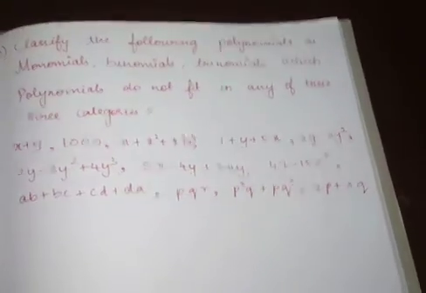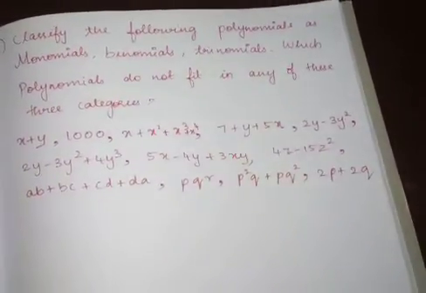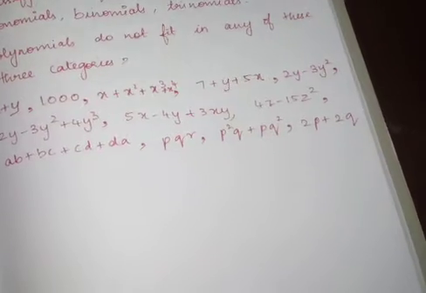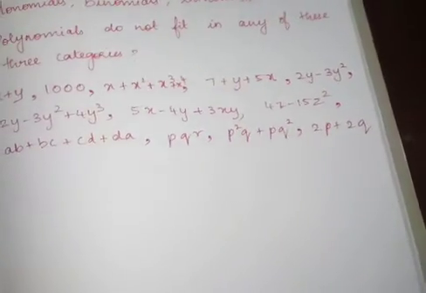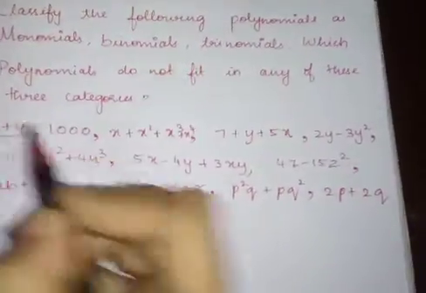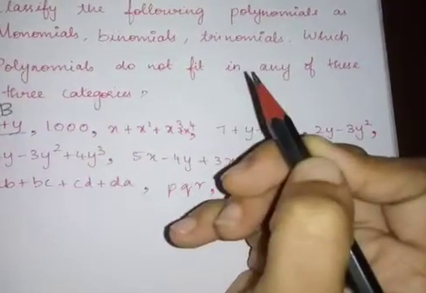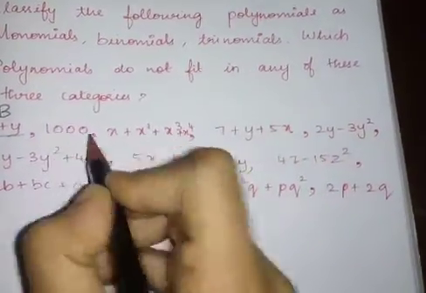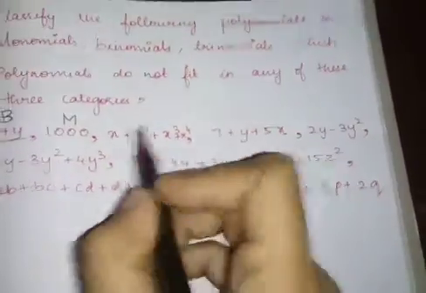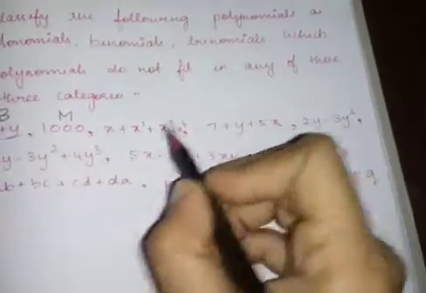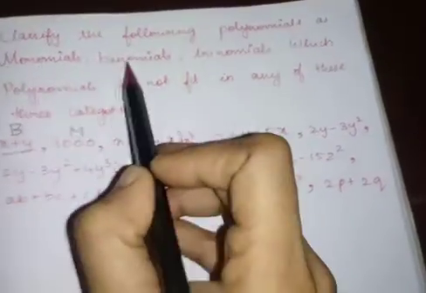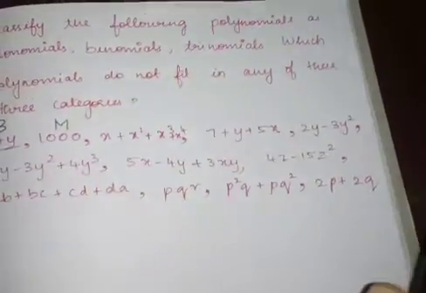So first, what you can do now, I will segregate it in the question itself, so it will be easier for you to understand. I'll write it in the question itself. So x plus y is one expression. What is this actually? Binomial. So I am putting it as B. Next, 1000. It is monomial. It has only one term. Then 1, 2, 3, 4. 4 is nothing but a polynomial. So you leave this. It does not belong to monomial, binomial and trinomial. So you leave it as such.